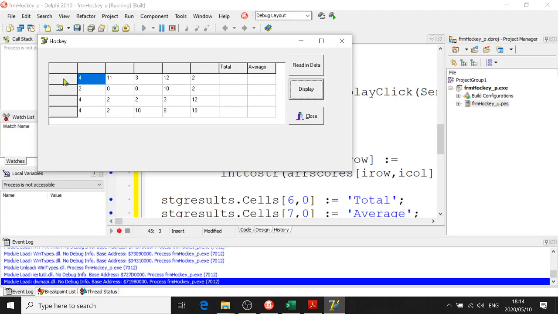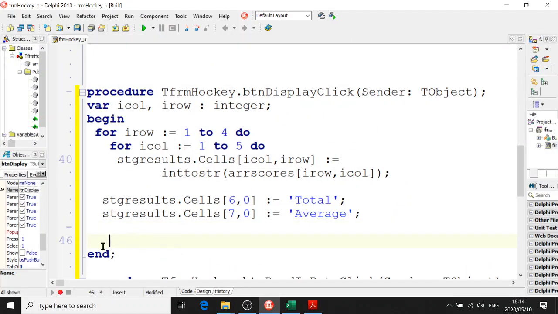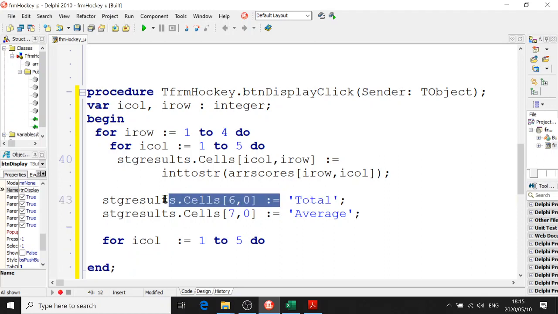Now let's do the rest of the columns, okay, and then the rows. Well, shall we do the columns first? This is going to be game 1, 2, 3, 4, 5. So the columns are going to go from 1 to 5. So I'm going to say for I col equals 1 to 5, do, then I'm going to say stg results dot cells equals,